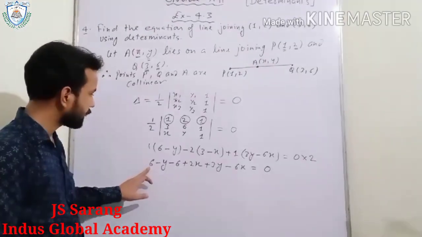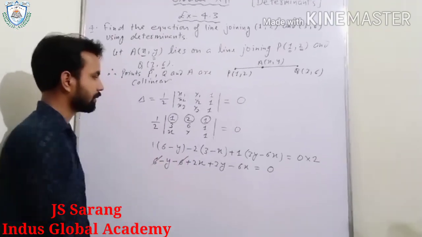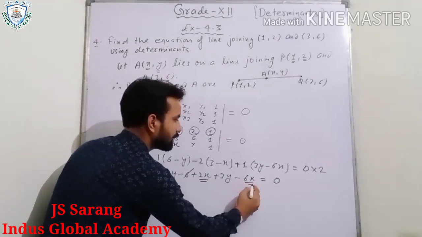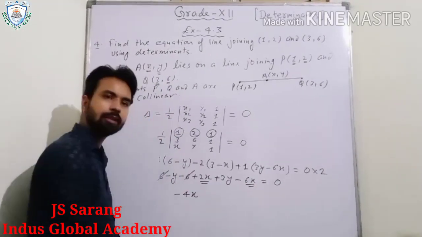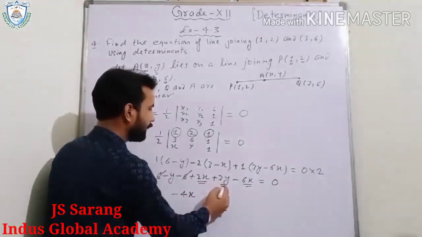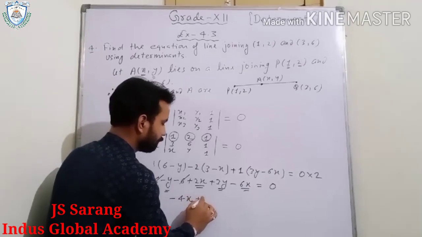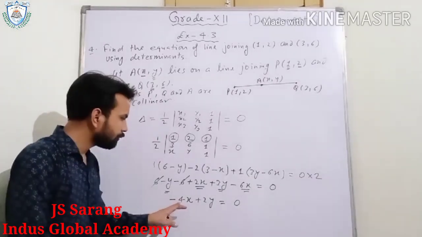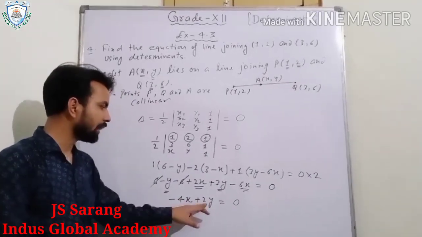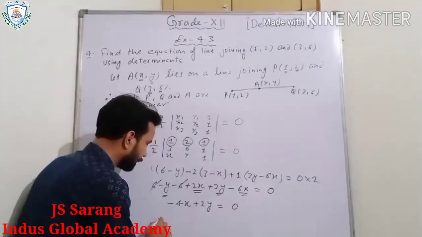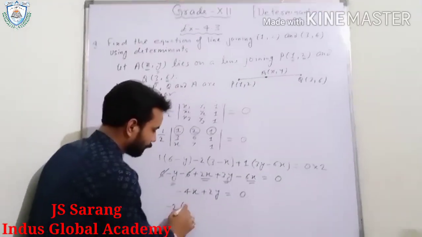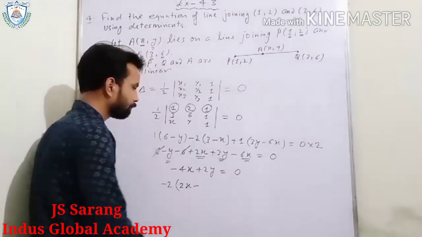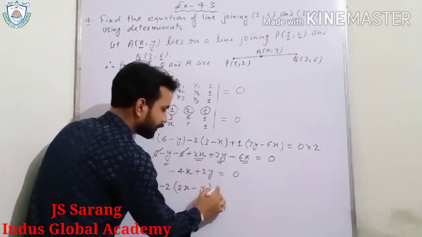Clear? Now see, 6 positive, 6 negative. It can be cancelled. 2x minus 6x, you will get minus 4x. Now see, 3y minus y, that is plus 2y equals 0. Now see, minus 4x plus 2y. So here we can take minus 2 common. So I am taking minus 2 common. So what is left? 2x. Minus is common, then this plus sign will be changed to a negative sign, and 2 is common, so only y is left, equal to 0.